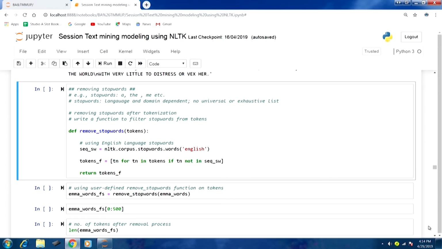Typically, we remove stop words after tokenization because it makes the process slightly easier for us. So, we will talk about writing a function to filter stop words from tokens. You can see we are defining the function def remove_stop_words(tokens). We will be passing tokens here, and then we will use English language stop words here. So, you can see we are creating this sequence_SW, this list of the stop words,